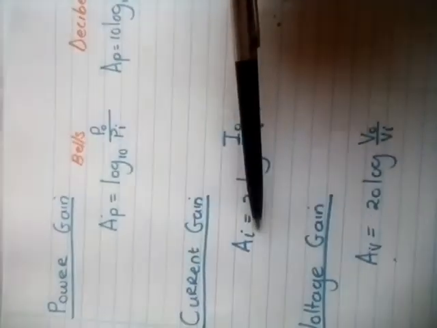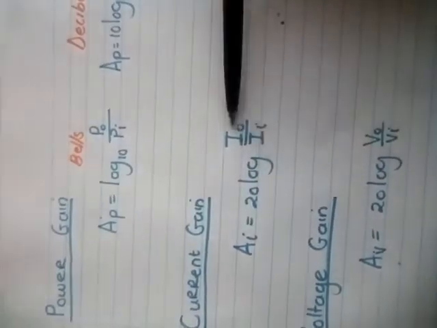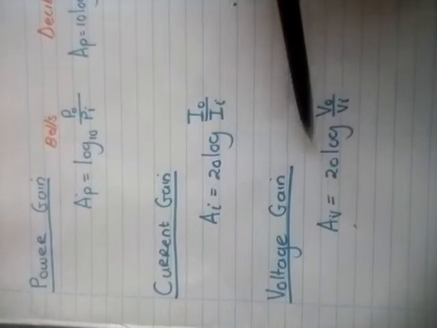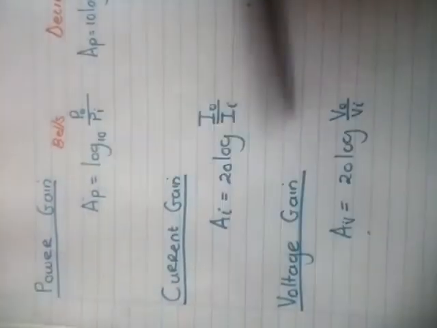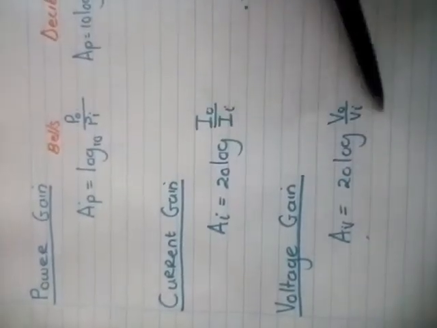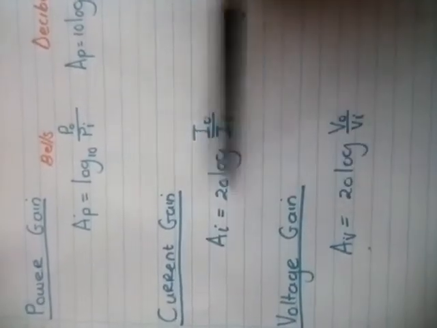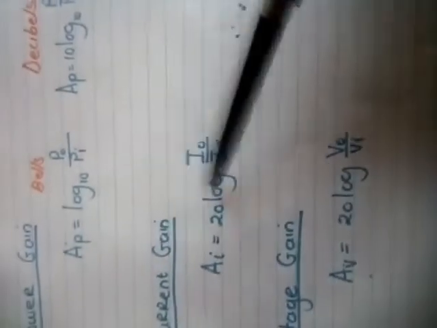Then if you work out current gain, A_I for current, it is 20 log of I out over I in, the output current over the input current. Voltage gain, A_V, is 20 log of V out over V in. All of these you will see are output over input. Current and voltage are the same, 20 log, whereas the only different one will be power gain, 10 log. Okay, it won't be so straightforward. The only thing that they like to do is,